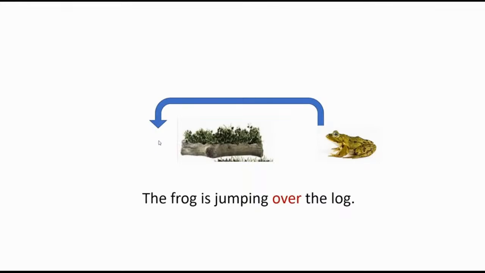Alright, so let's look at the animation. Alright, so the frog is jumping over the log. It starts here, it goes up and above and across the log and lands here. Alright,